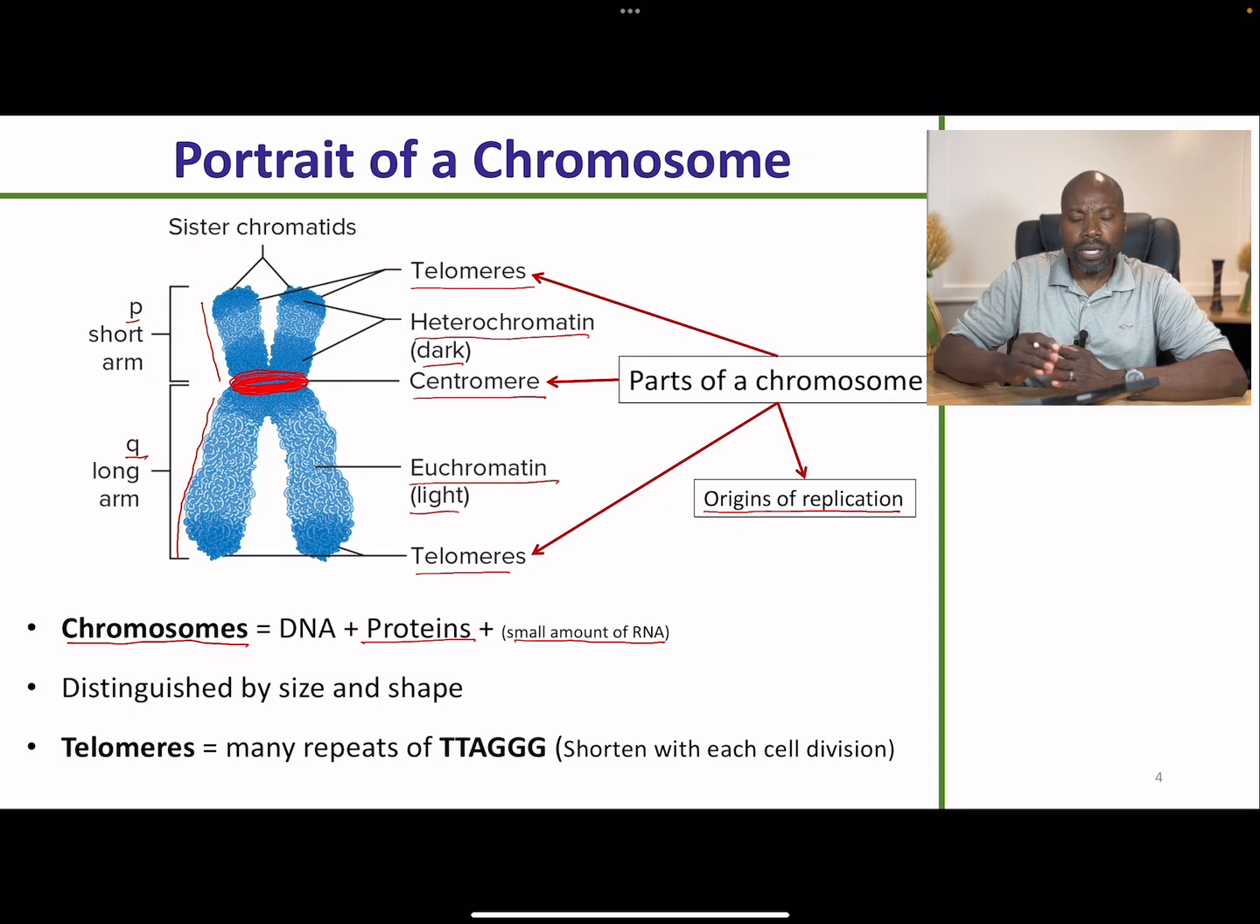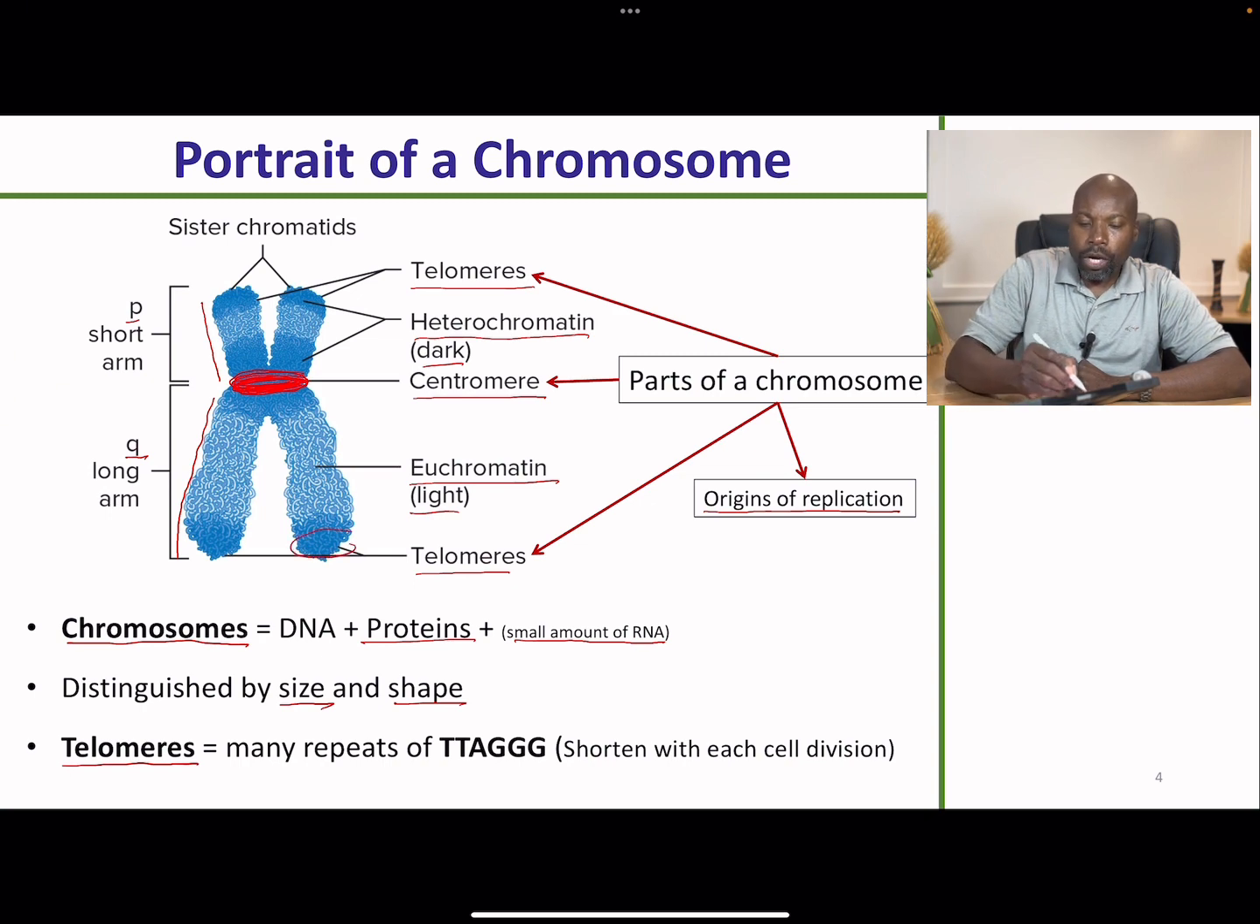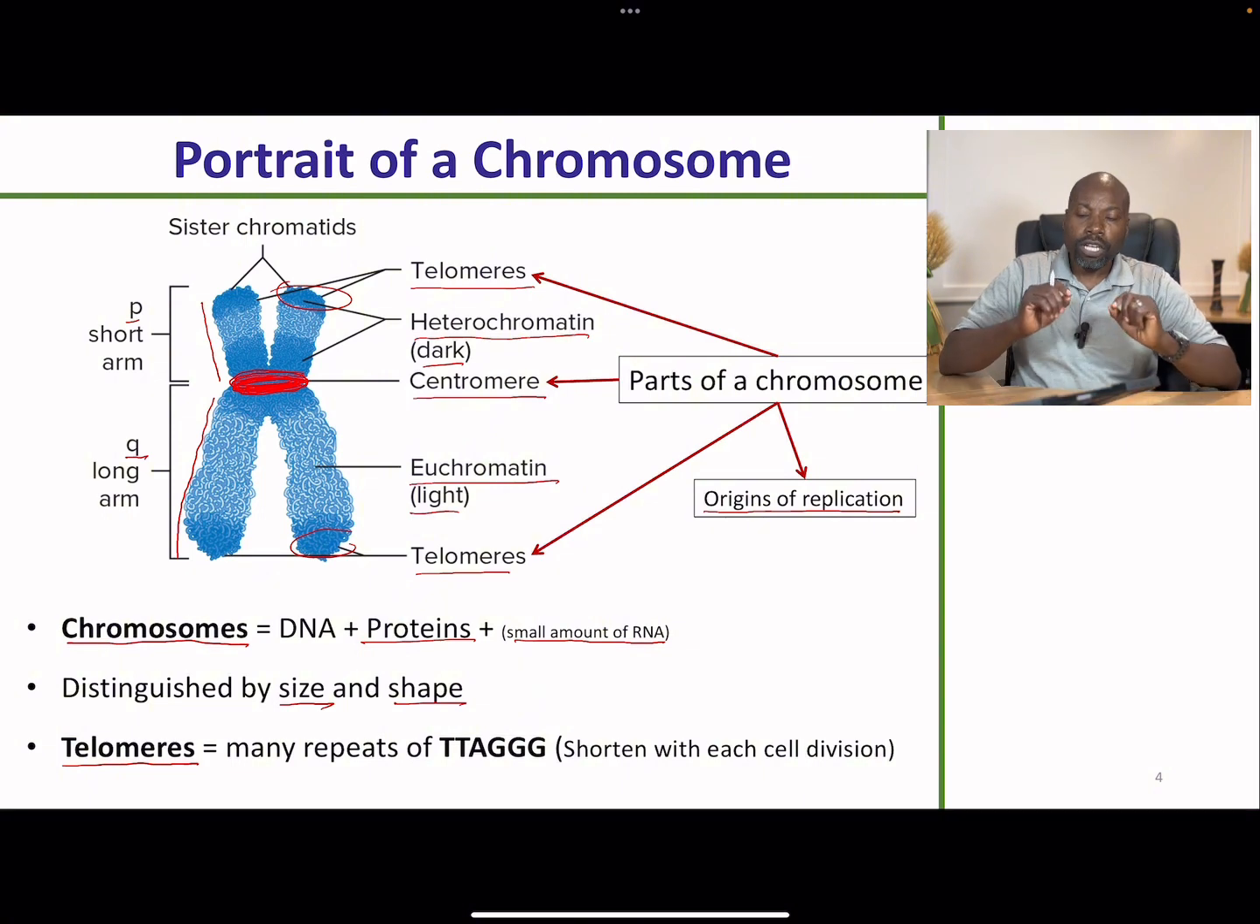Now, chromosomes are going to be distinguished based on their shape and their size. I want you to remember that. So their shape and size are going to tell them apart. And finally, let me come back to telomeres. The telomeres at the extremity of the chromosomes are going to be sequences of DNA